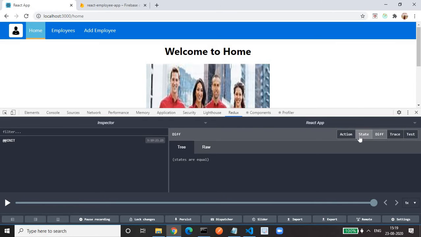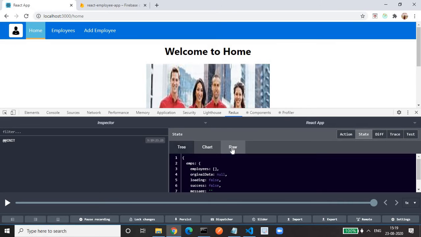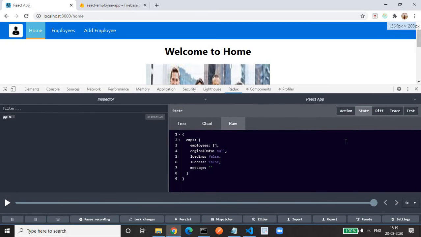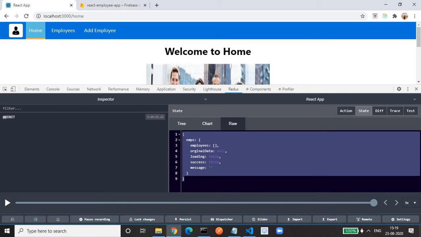Then here we have a state. We will go to the raw. You can see the state of our application. This is where we are storing this state in the store. Store is a central in-memory database, you can consider it as, where we can store the data so that it will be reutilized or used by some other component.